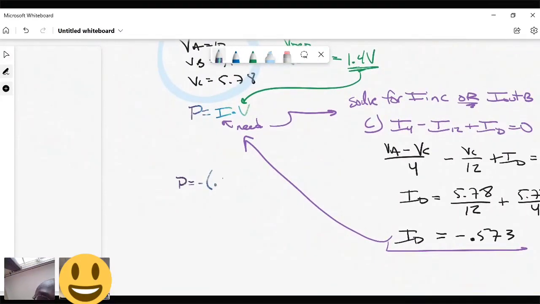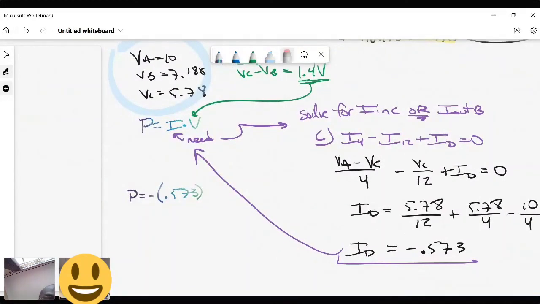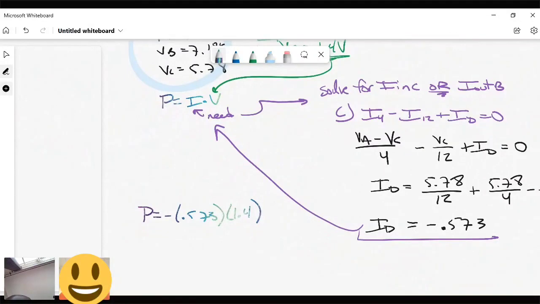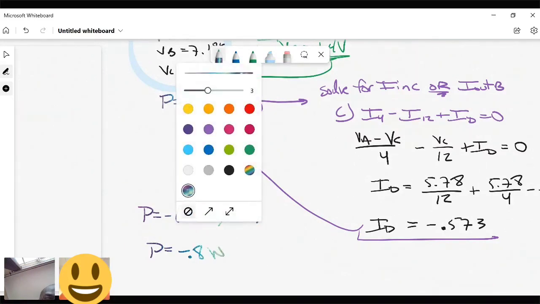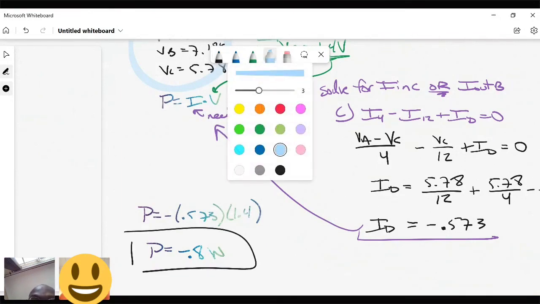So negative 0.573 times 1.4, and that is going to be our answer. So I do times 1.4, which is negative 0.8 watts. And that is our answer. That's that. You following me? That makes sense. And that's how you